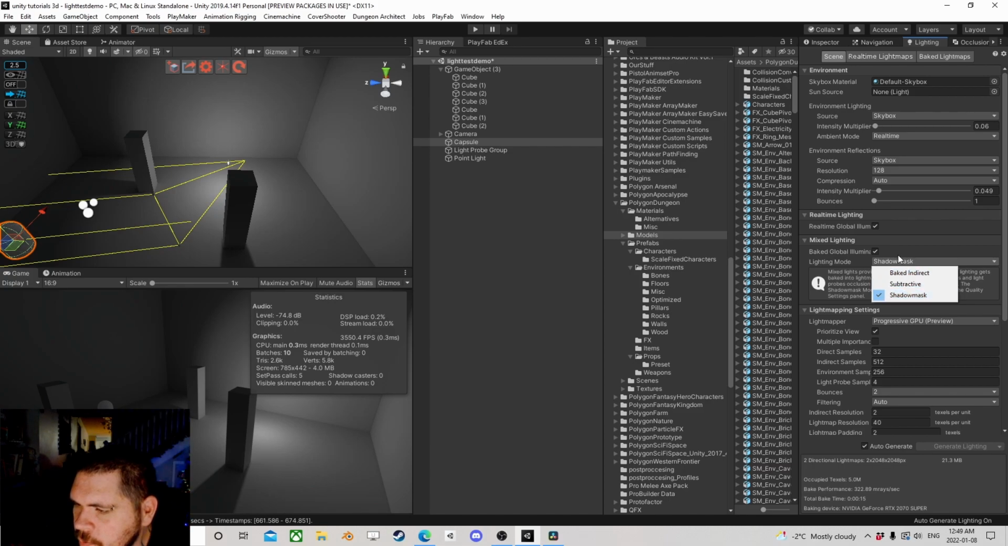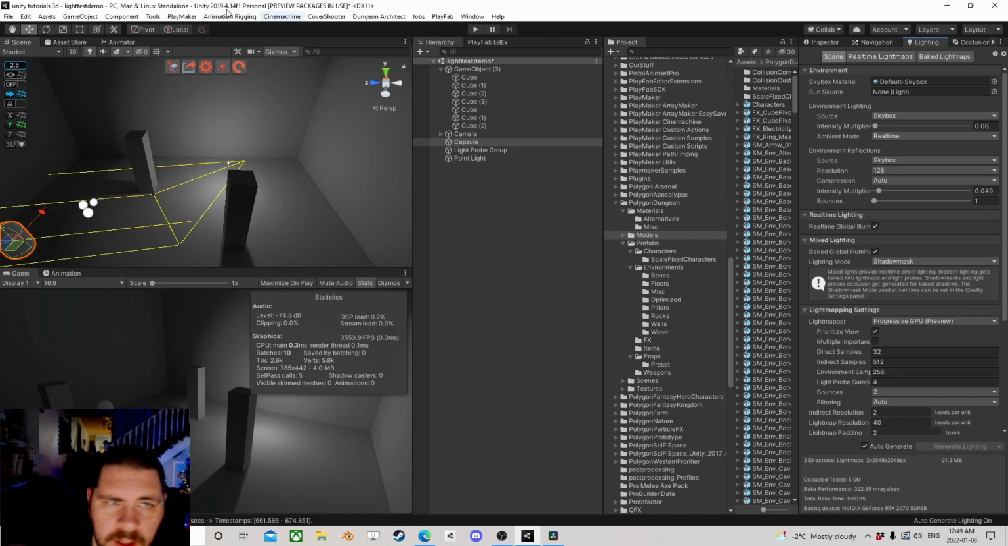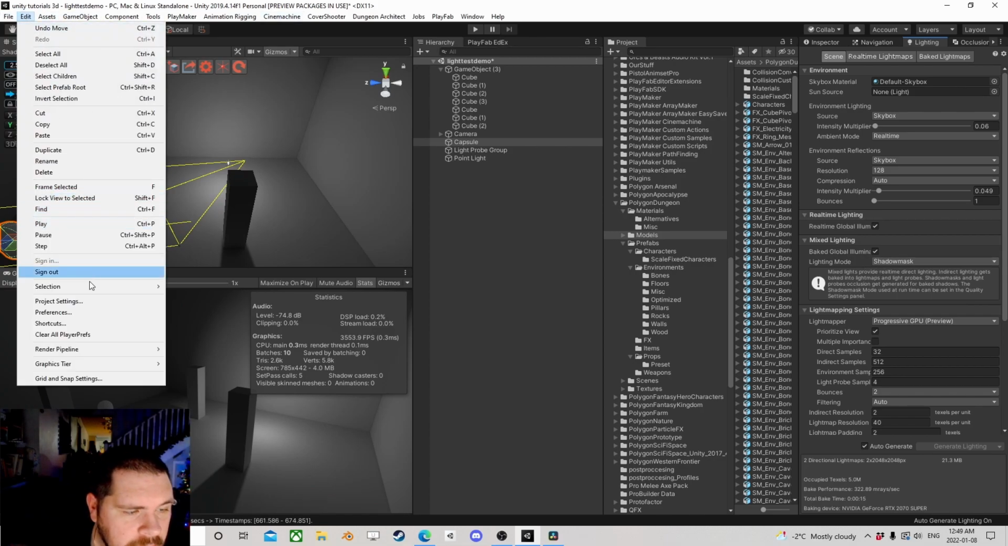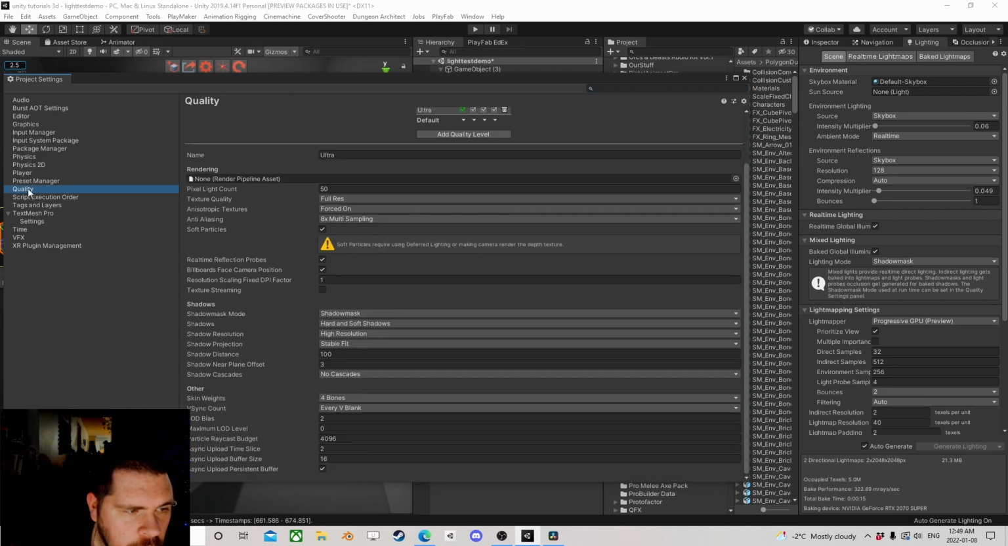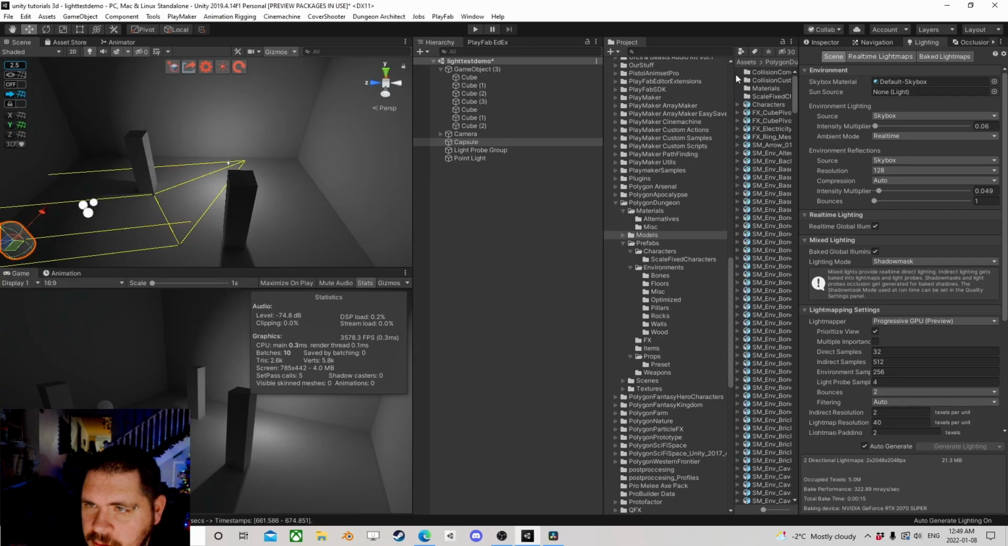And I say you have different ones. More or less, subtractive is the crappiest, baked indirect is alright, shadow mask is the best. But then you have other things also involved, such as when you go to quality, shadow mask mode, distance to shadow mask. Now if I put just shadow mask, okay,